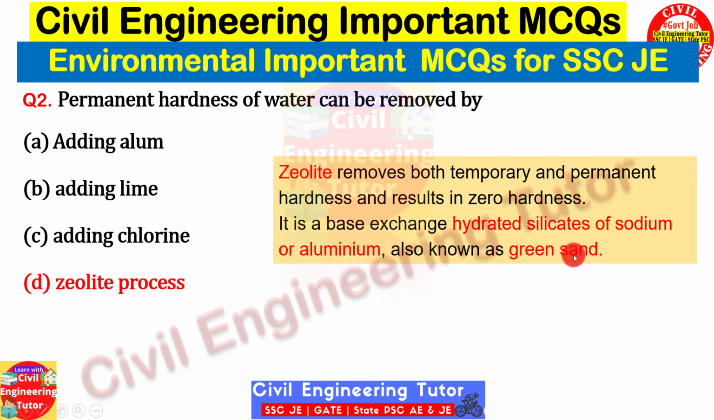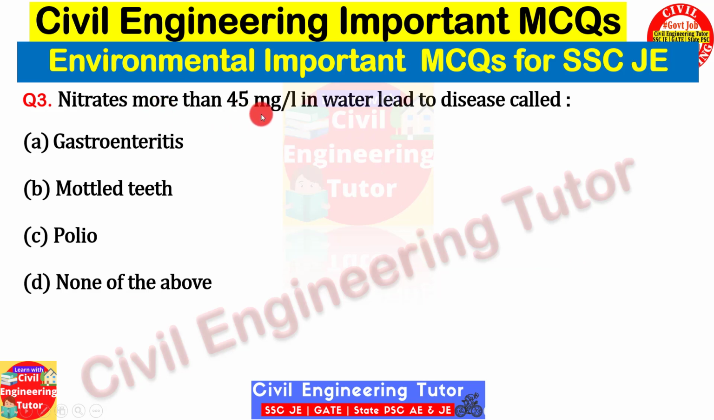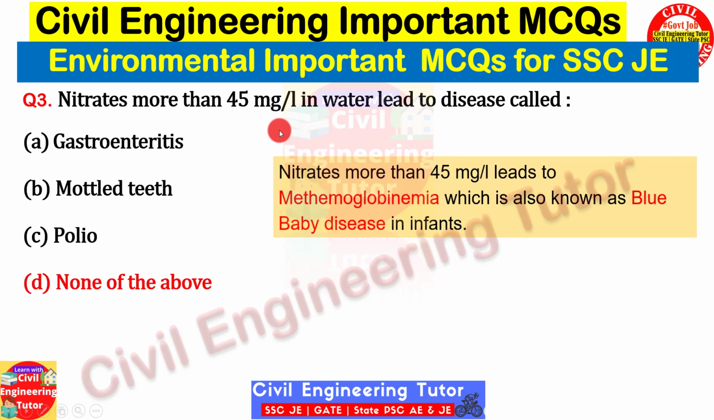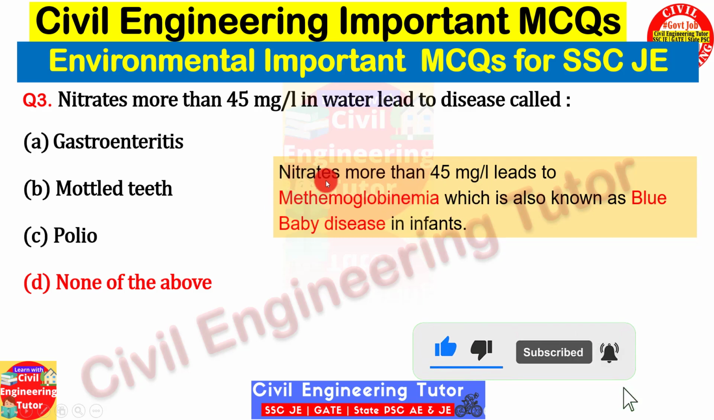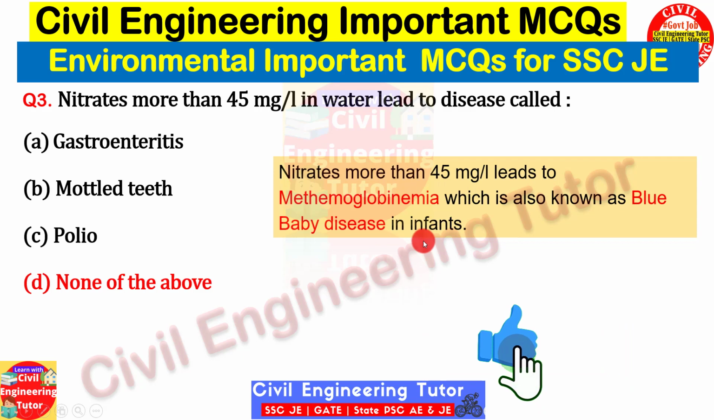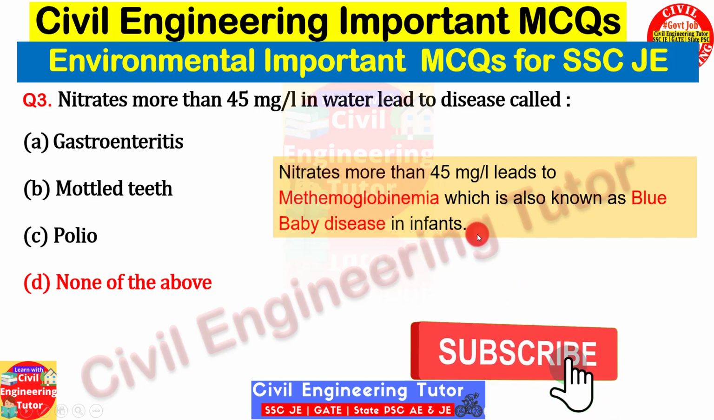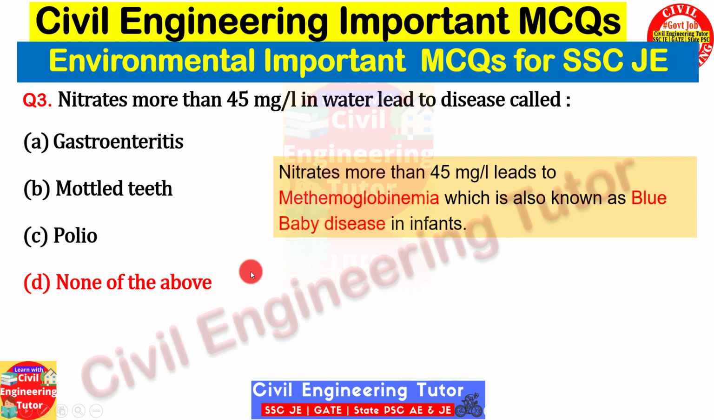So remember this. Question number 3, nitrates more than 45 mg per liter in water lead to a disease called. So which disease happens due to nitrate concentration more than 45 ppm? So these are not the correct answer. We know that when nitrate concentration is more than 45 ppm, then blue baby disease or methemoglobinemia happens. Methemoglobinemia, this is a very big name, just try to remember, or you can remember it as blue baby disease. This generally occurs in infants or children. So remember this. So obviously the answer will be none of these, and the correct answer will be blue baby disease or